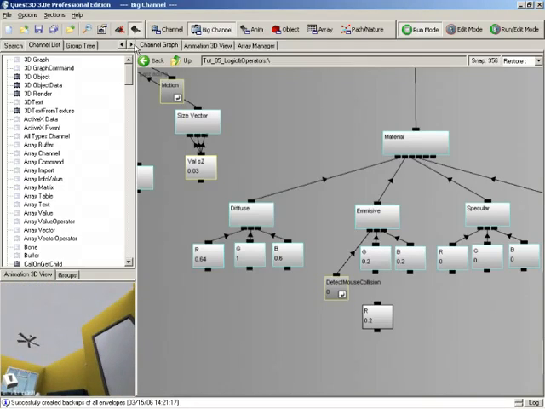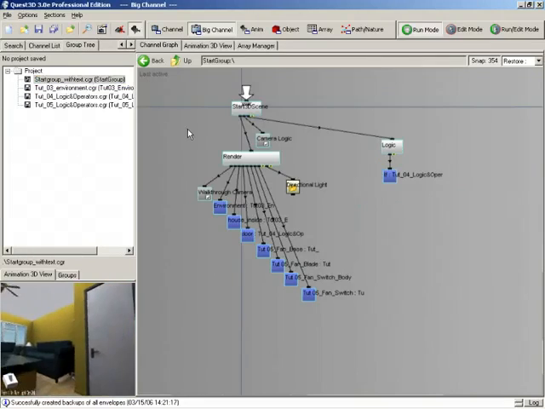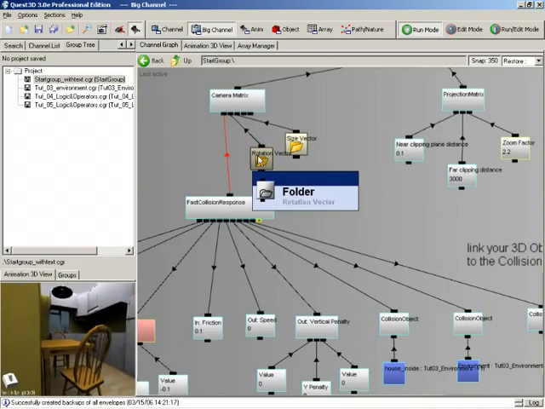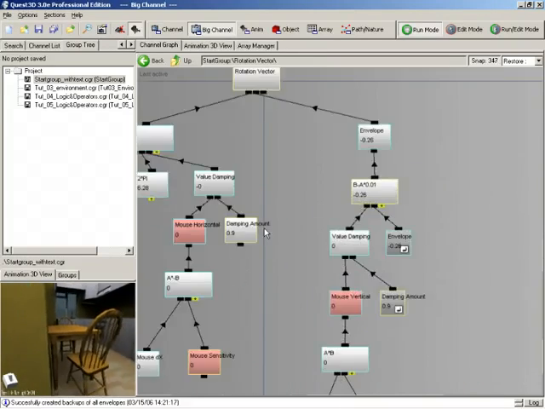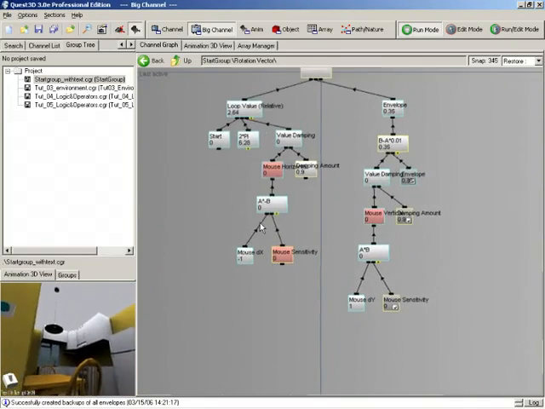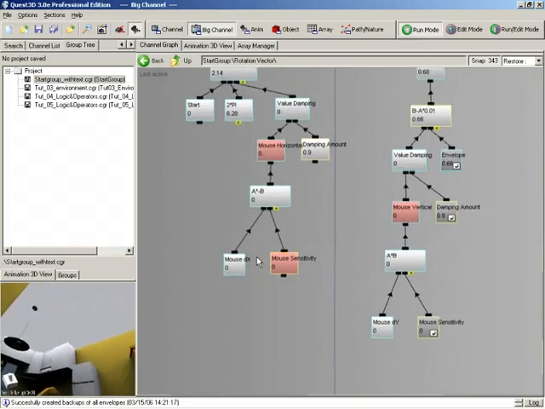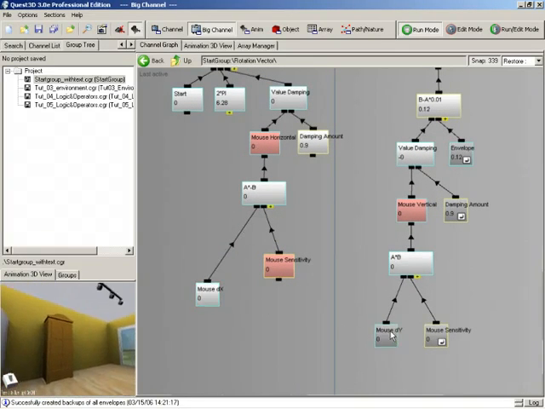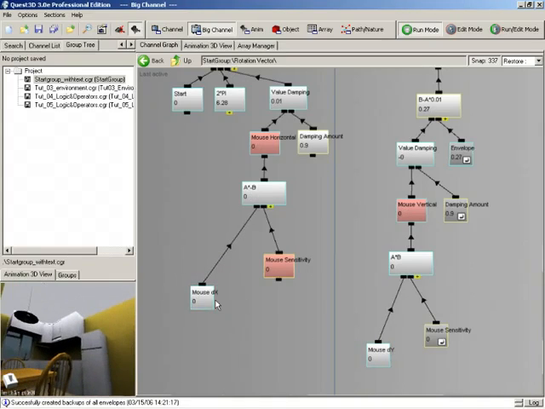If we go over to the group tree, over to the start group, and find our walkthrough camera, you can see here's its rotation vector. If we go inside here, you can see there's some pretty crazy stuff going on, but let's ignore that, because basically all we need to do here is affect the user input, which are these two things here, basically detecting the mouse X